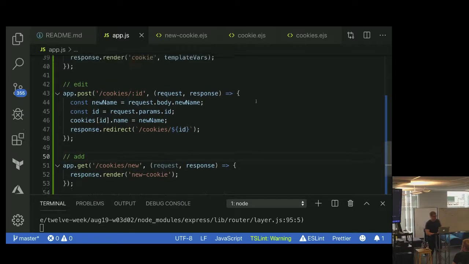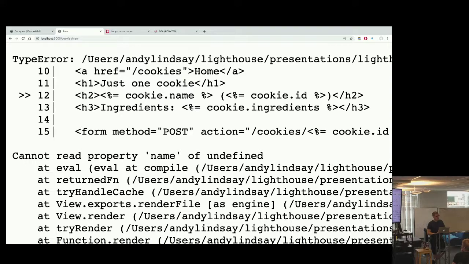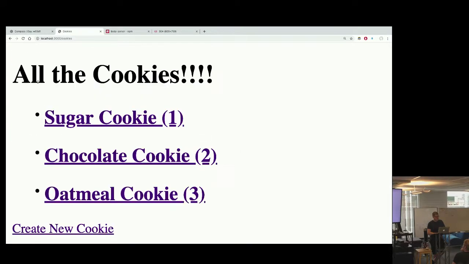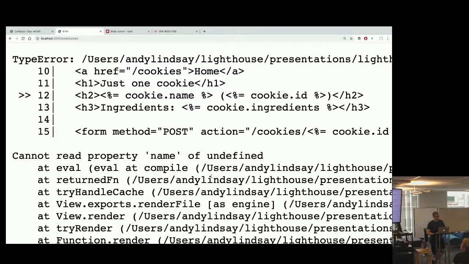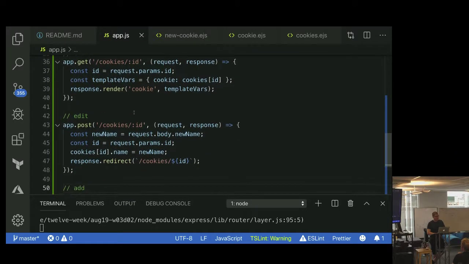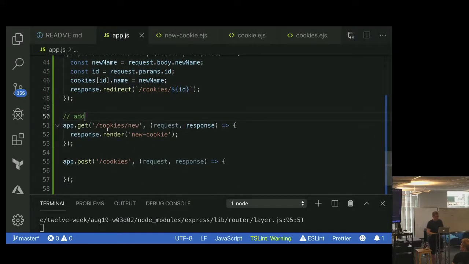The obvious answer is that something else is catching, like some other route is answering this. We didn't get a "cannot GET /cookie/new". We have an error. Our template is trying to show this page instead of our new cookie form. The order that you declare these route matchers in matters. So what's happening is we have a GET request down here